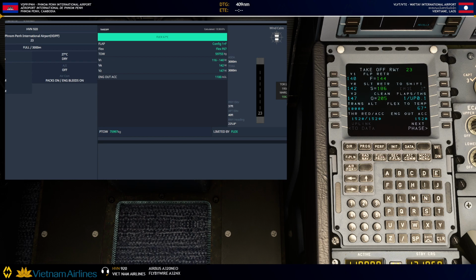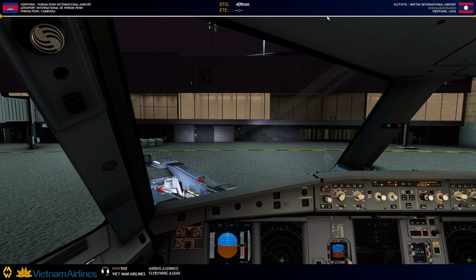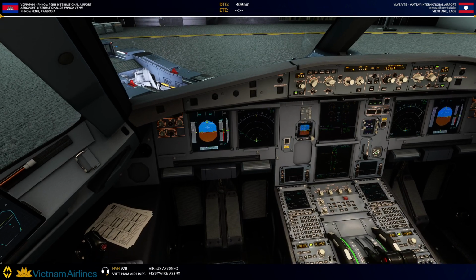That's what I want. Transition altitude, I believe, is 10,000. Yeah. Remembering that from our last flight. Okay. That is all complete. Check the box. Okay. Alright, while he's doing that,